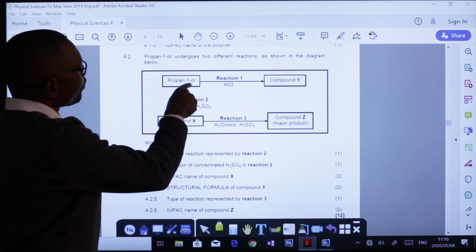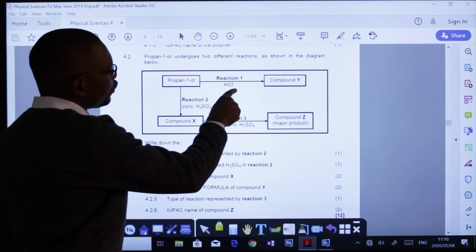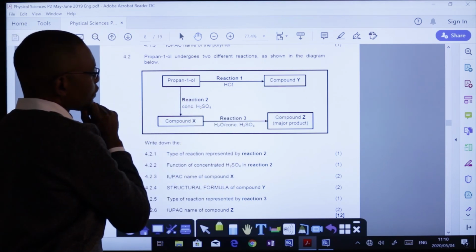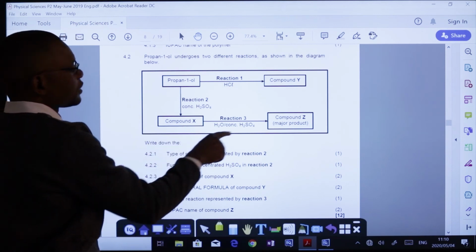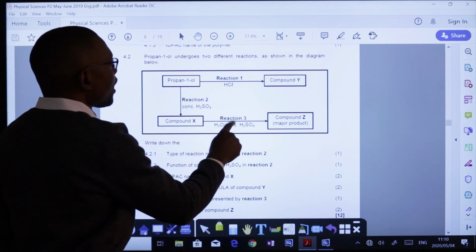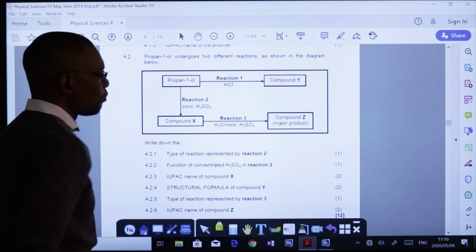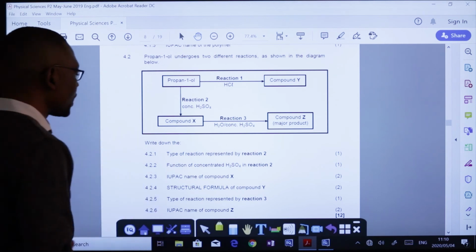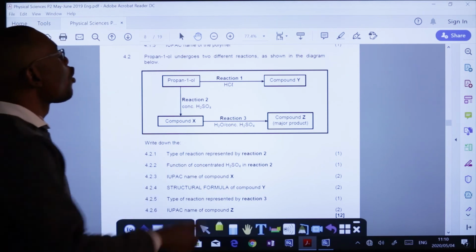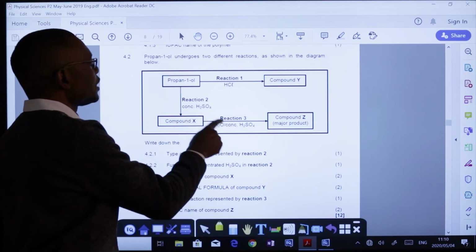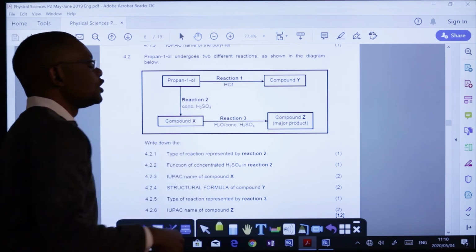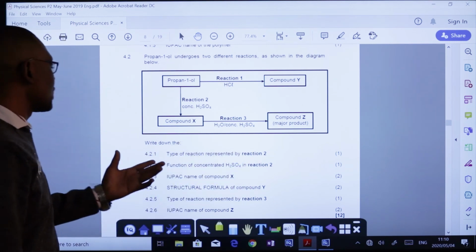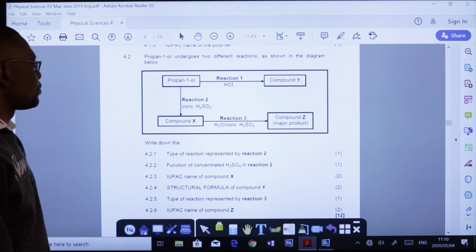So you can see that propanol reacting with hydrochloric acid, it forms compound Y. And then it reacts with concentrated sulfuric acid, it forms compound X. And it reacts with water and sulfuric acid, it forms compound Z. So how are we supposed to predict what is happening here? From our background information, we should know what purpose these reacting conditions serve. So if we are to answer this question, you see for 1 mark, you're saying type of reaction represented by